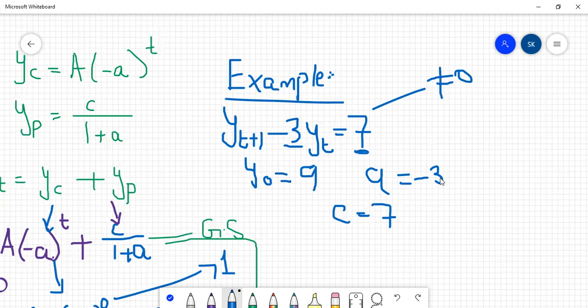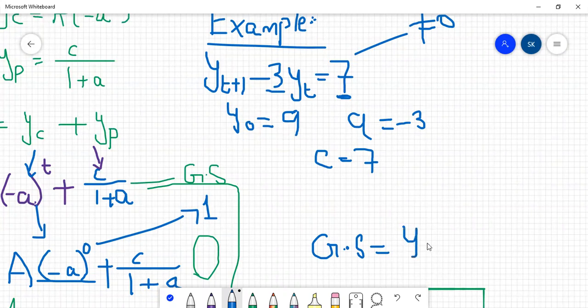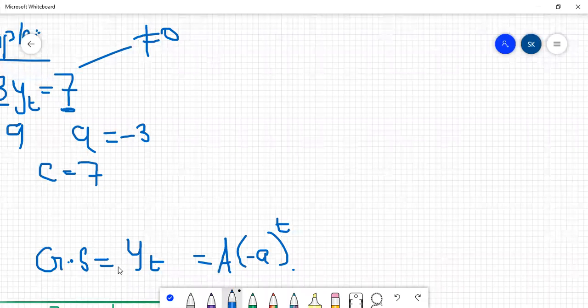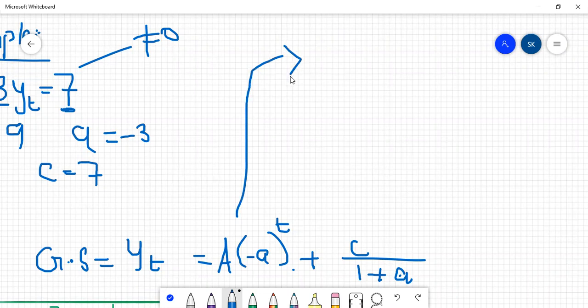Now, we know that the general solution over here is yt is equal to a into minus a raised to power t plus c upon 1 plus a. All we can do over here is simply substitute the values. What we want to do is substitute the values. Therefore, yt will become equal to